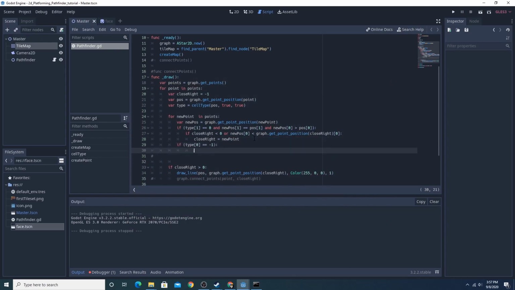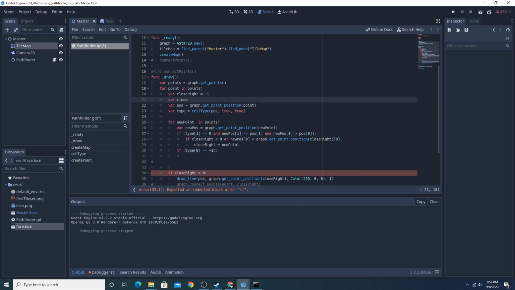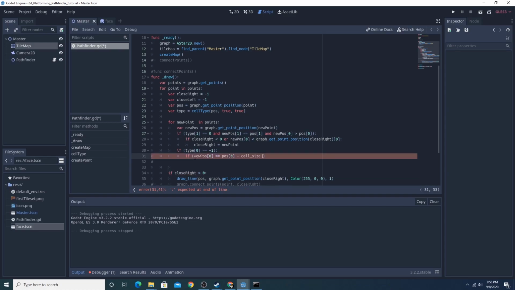So if the left is a drop, I'm going to call var closest left equals -1. Okay, so if the new position of the height equals position 0 minus cell size, so that's one cell to the left, and new position 1 is greater than position of 1,